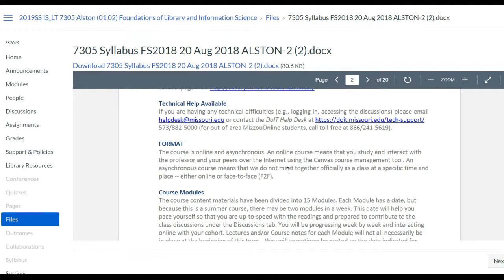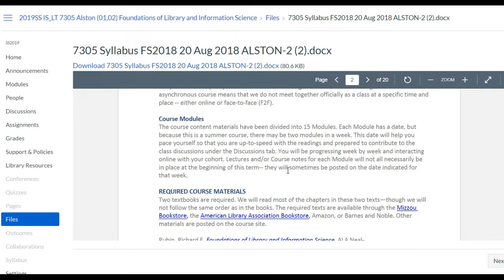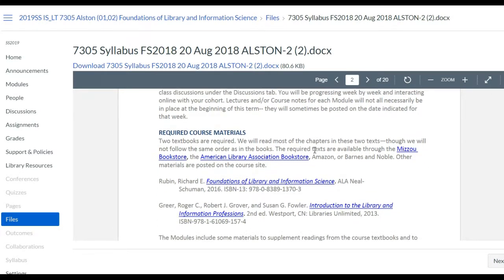The format for this class is completely online and async. Course modules, this class has been divided into 15 modules. There are basically 2 modules per week in the summer class, so this is going to be very intense. Required textbooks. You will have